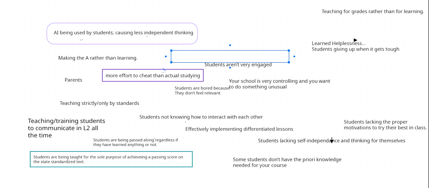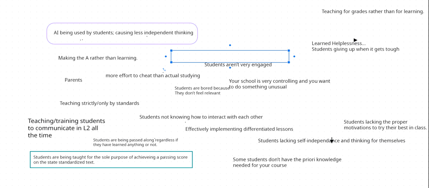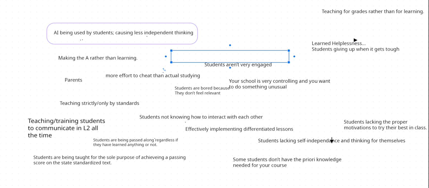And I want you to start thinking, you may be like, all of these. Well, you can't design a course that's going to solve all of these. It would be overwhelming for you as the designer. So if you had to pick one or two things that you're really going to focus on, that your course design will try to fix or improve, which one or two would it be?